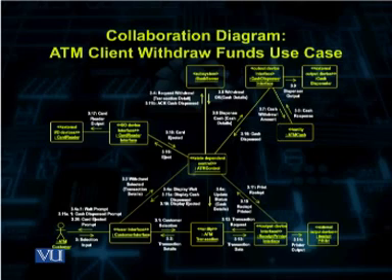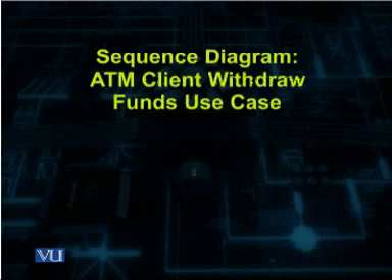And comparing again with the state chart that we talked about in the last lecture, we can see the differences between the emphasis on being on the society of objects in the collaboration diagrams and the organization of objects in the collaboration diagrams, as compared to modeling of the state dependent object, which is the ATM control object in our particular case. Now we can see the sequence diagram for the ATM client withdraw funds use case,